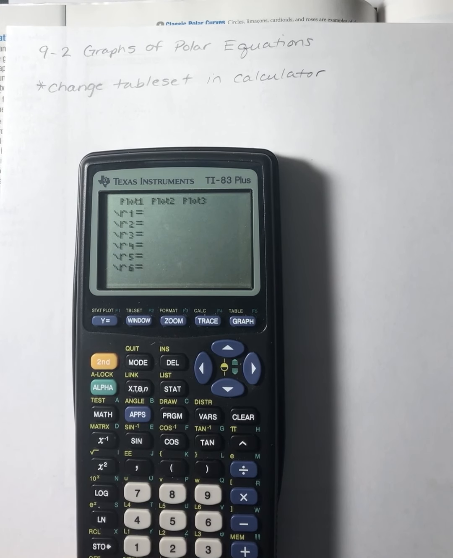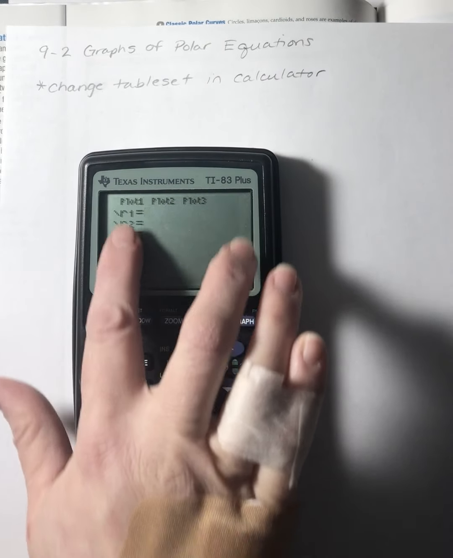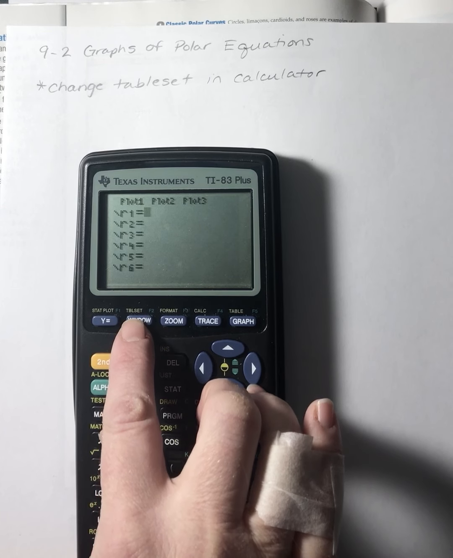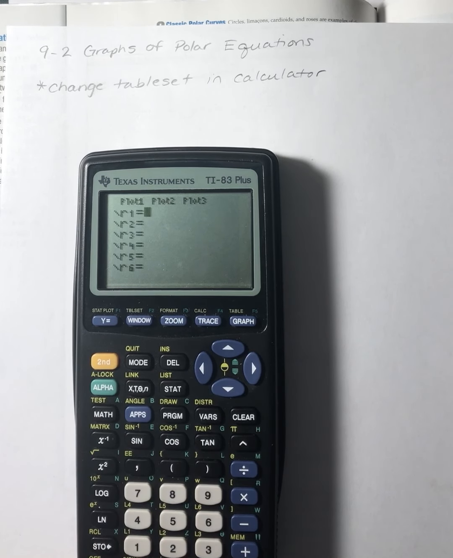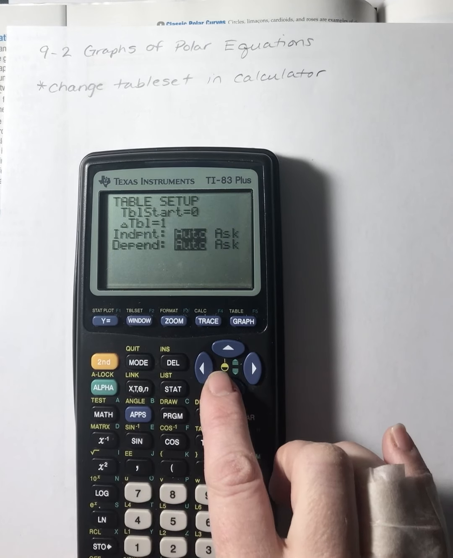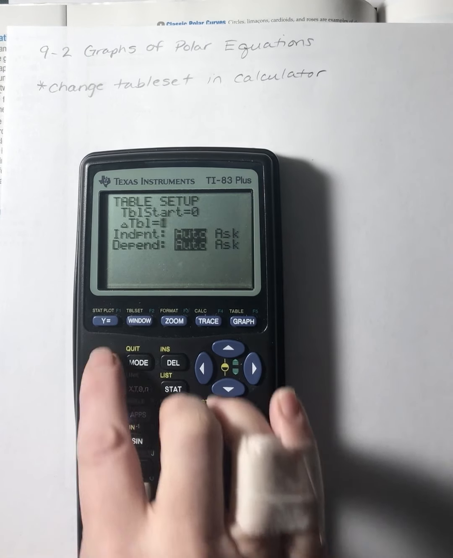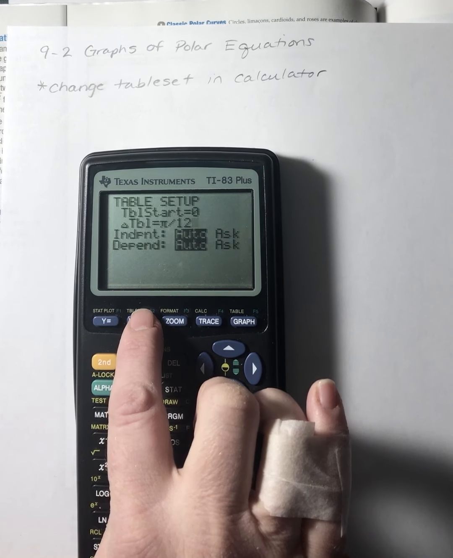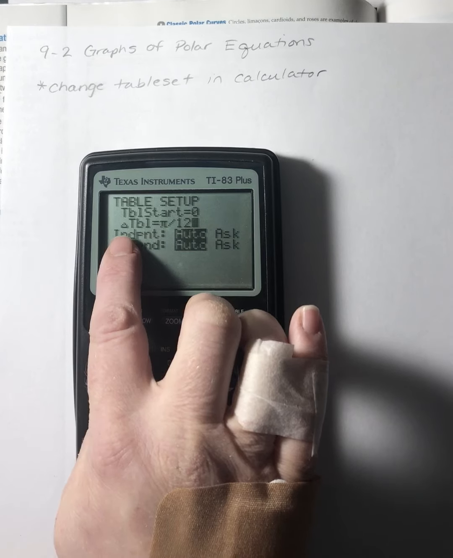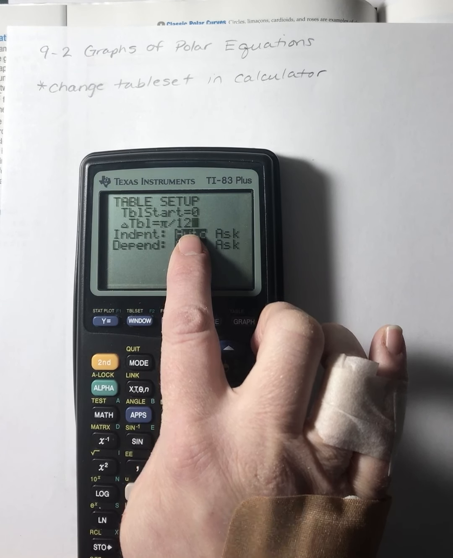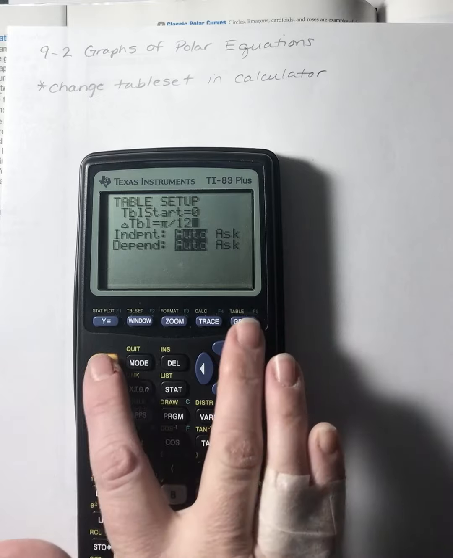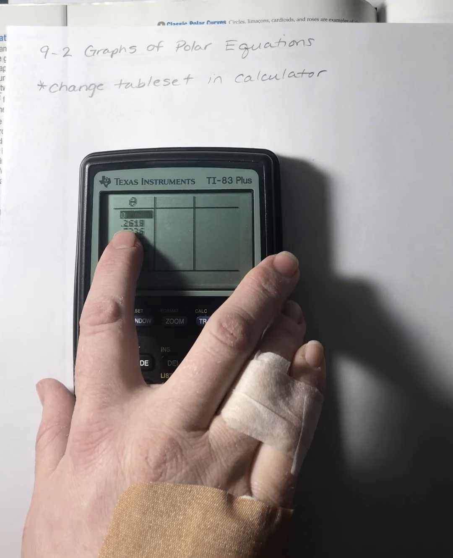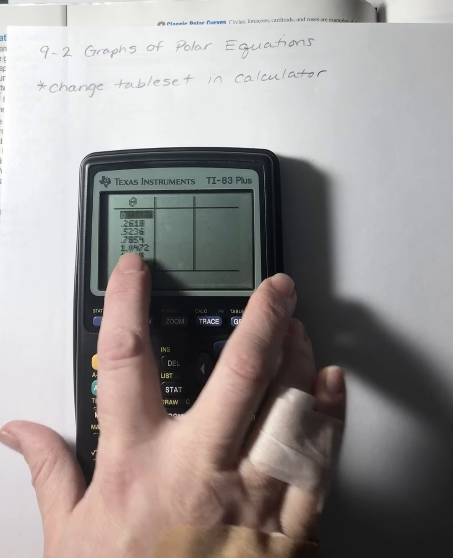Okay. So changing the table set in the calculator. On the graph paper, it's going in increments of pi twelfths. So under my table set, I'm going to start at 0, and I'm going to go by pi twelfths. So again, table set is second window, and then I'm going to start at 0, and then it's going to change in increments of pi twelfths. So when I go to my table, which is what I'm going to use to graph, and granted, I don't have anything in there right now, this will be the first line, second line, third line, fourth line, fifth line,